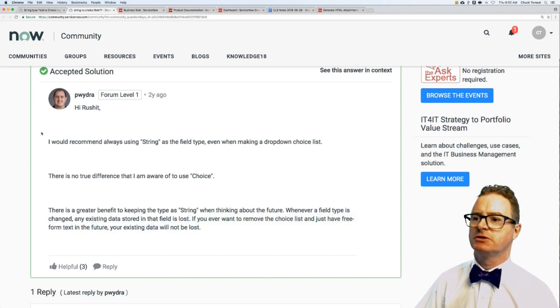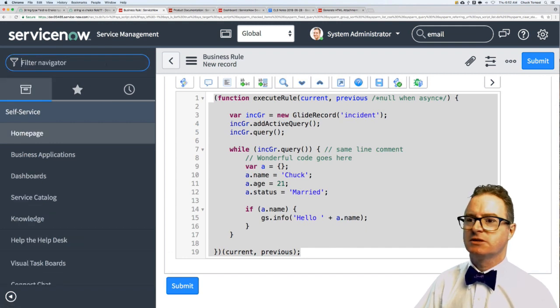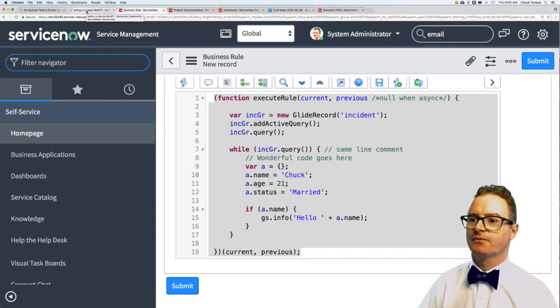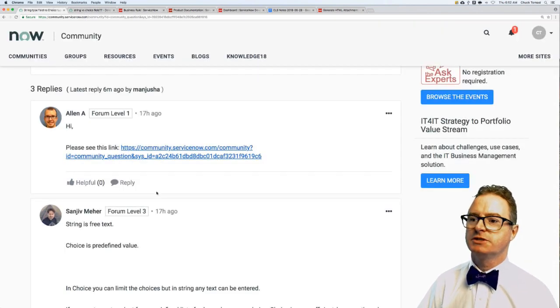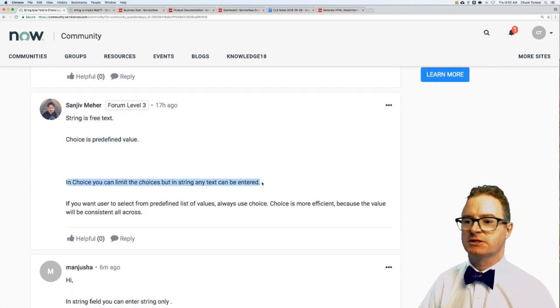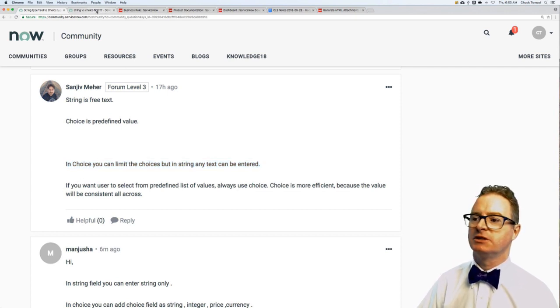All right, I am going to test that theory. What do you say? Because this is all about experimentation. What they're saying is if you start with string, you have more flexibility. Choice is a predefined value. In choice, you can limit the choices, but string can be any text entered. They're given a very generic description of the two. What they're saying is, hey, how come when I look at the dictionary,